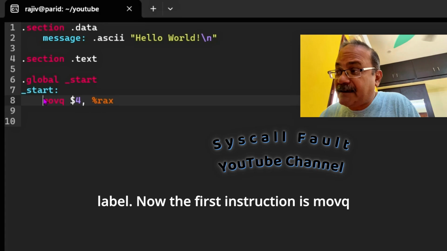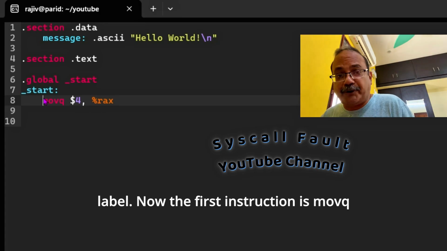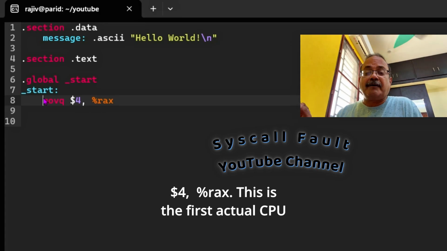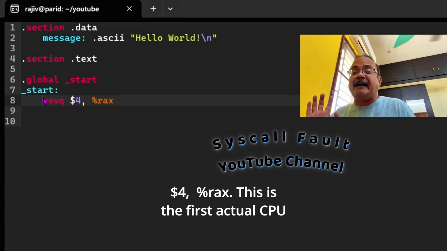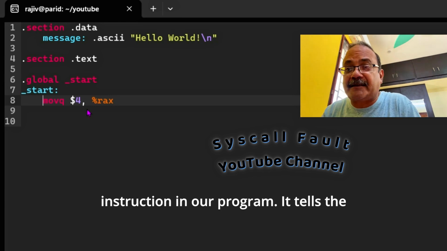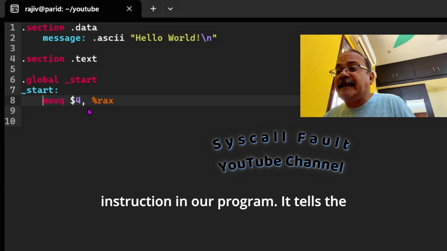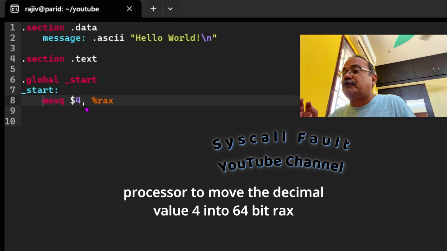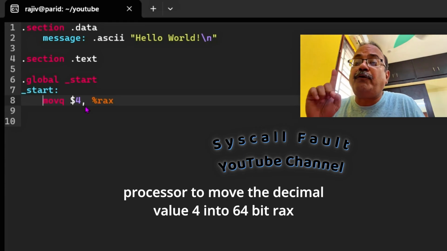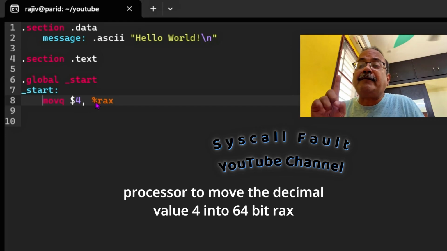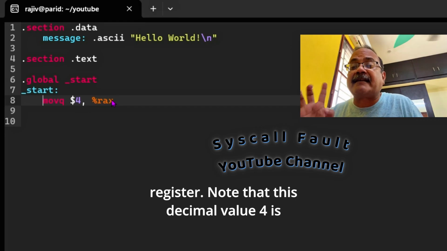Now the first instruction is movq $4, %rax. This is the first actual CPU instruction in our program. It tells the processor to move the decimal value 4 into the 64-bit RAX register.